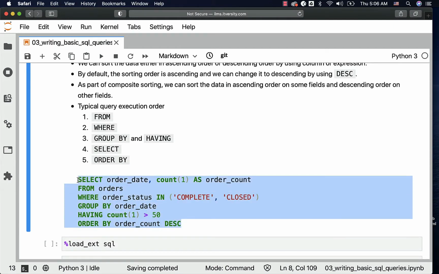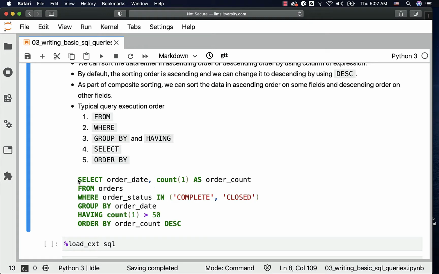You will have the from clause in which you will be specifying tables. You will have the where clause where you will be filtering the data. You will have group by to group the data by a particular field. Then you will have having to actually filter the data on aggregated results. And then you will have order by. As part of the select, you will specify whatever fields you want to project as output.